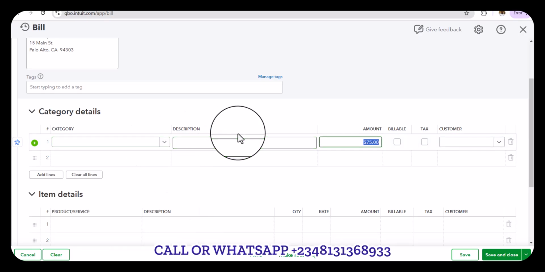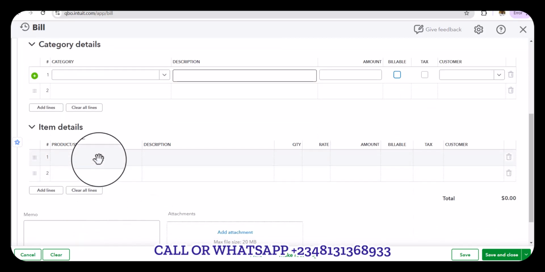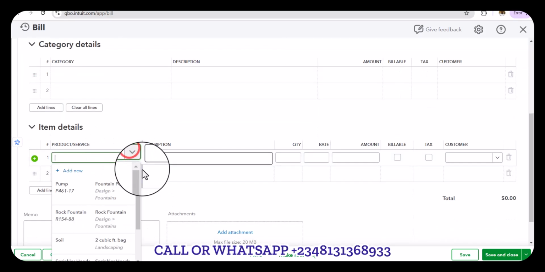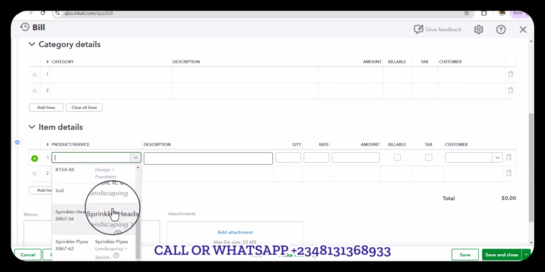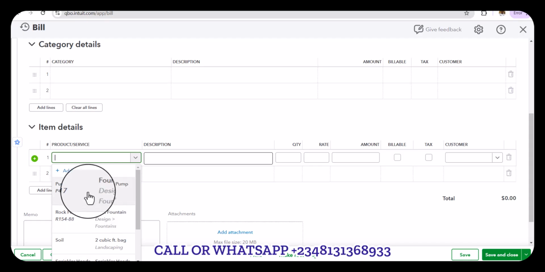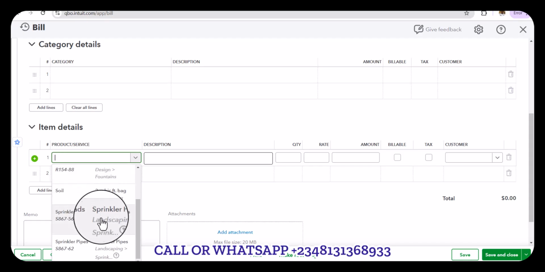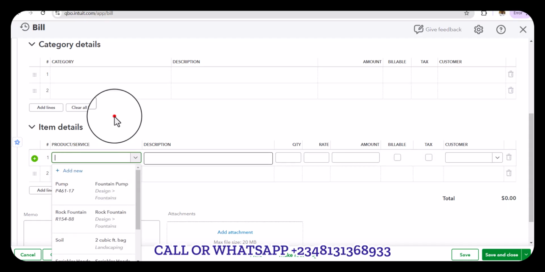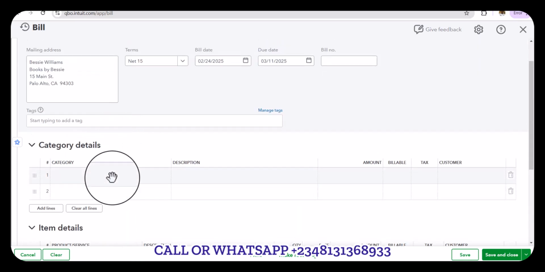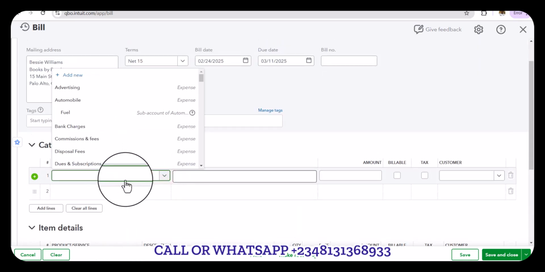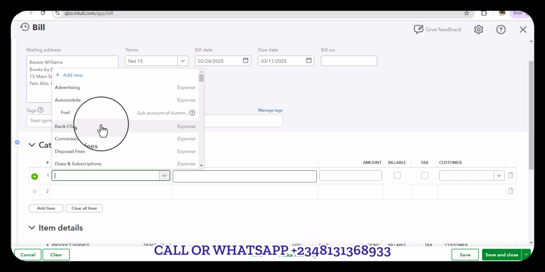Okay, so let's deal with that. Then we'll come down to service, product and service. So we're going to select a service. Okay, don't think we have any service here. We can add new, but let's just go with expense then. So we'll select on this and let's go for